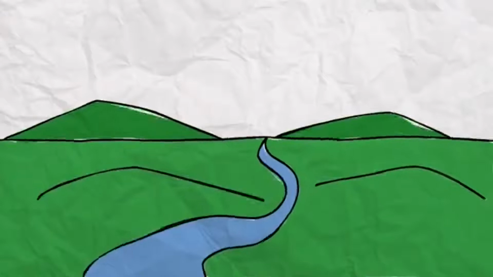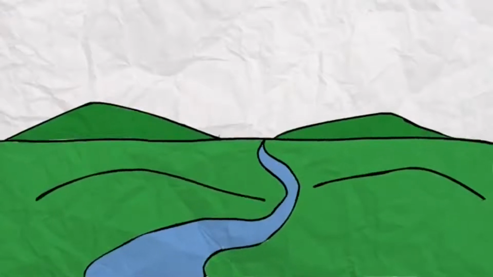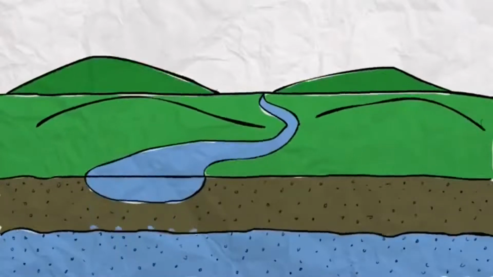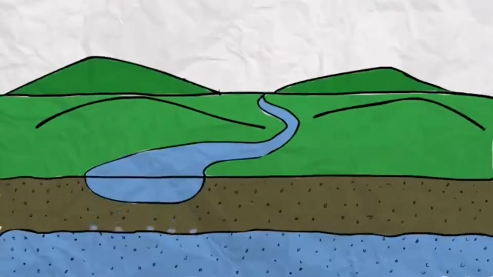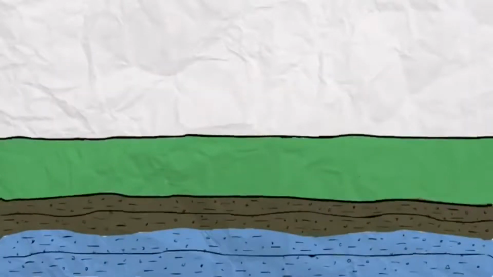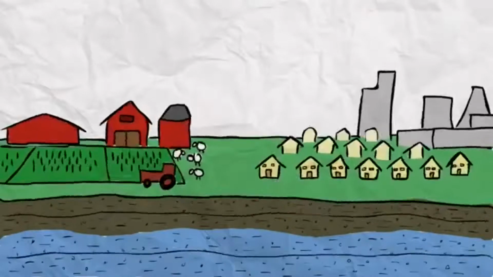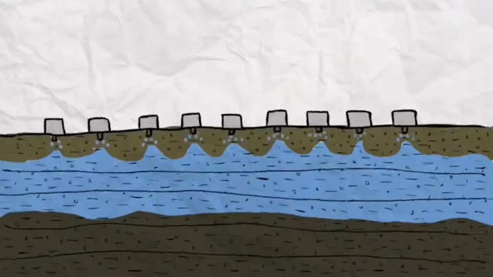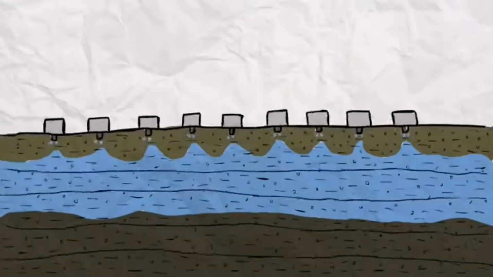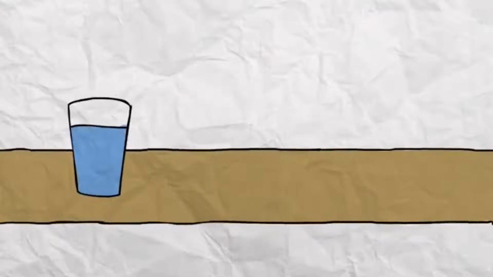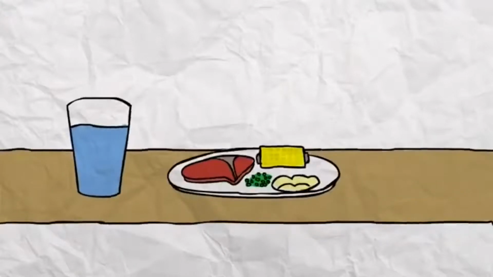Surface water can also become groundwater. If a body of surface water flows above the water table, water can seep down through the sediment and help fill the aquifer. Of course, there's another way that groundwater can leave the ground: us. Humans depend on groundwater, and there are thousands of wells all over the country that draw water out of aquifers. In many parts of the country, the water you get from the tap comes from the ground. However, we use most of our groundwater to help grow the food we eat.